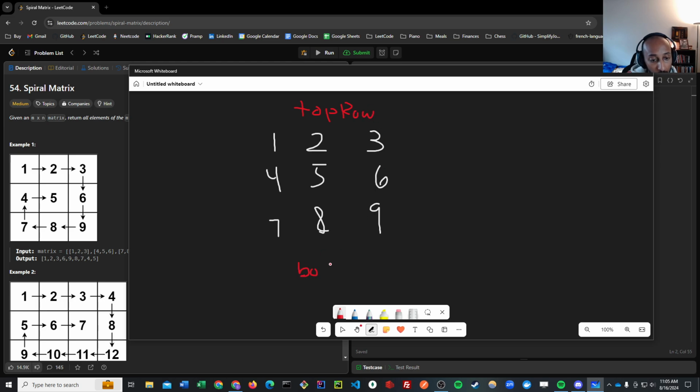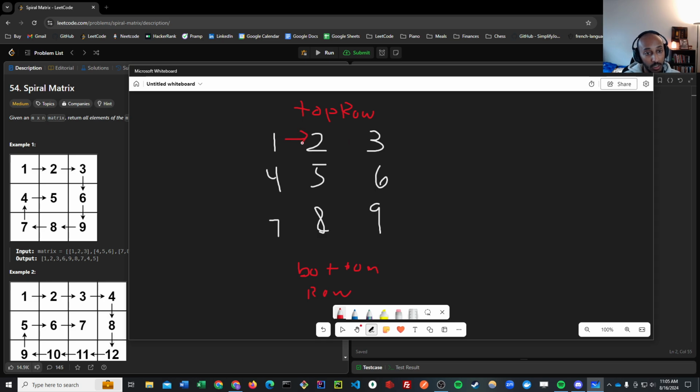And this is going to be the bottom row. This is going to be our initial starting column. So until we reach the end column, which we already know is the last element, we processed these three elements first. And now that the first row is complete,